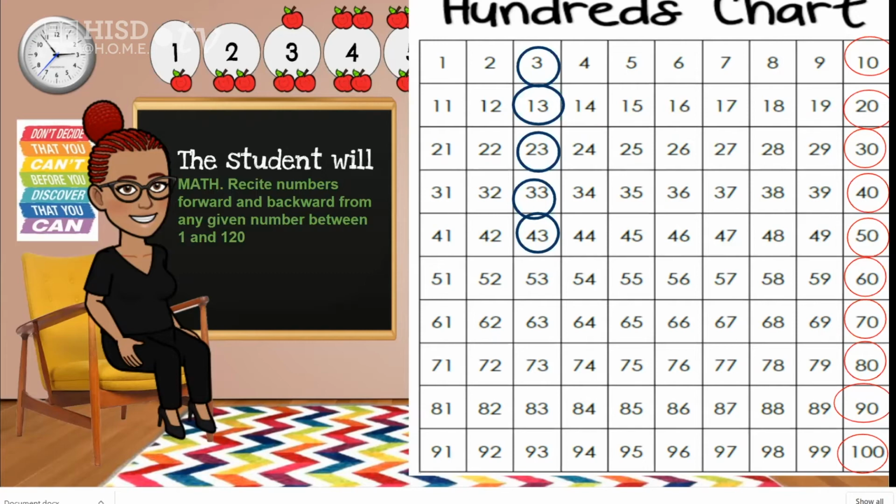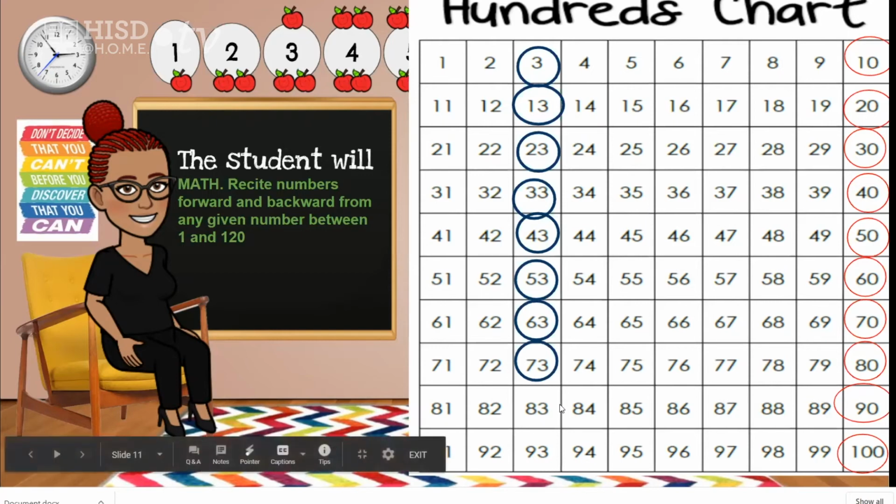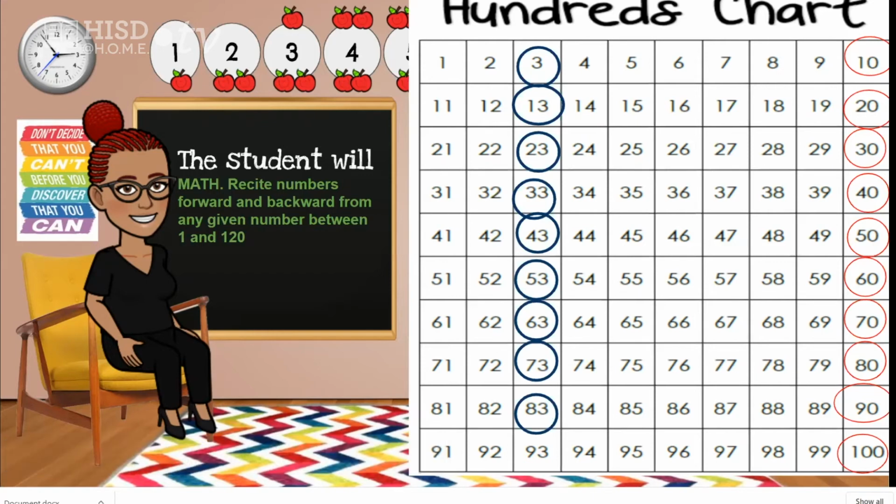If I'm at 43, 10 more is going to be 53. And then 10 more would be 63. 10 more than 63 would be 73. 10 more than 73 would be 83. And 10 more than 83 would be